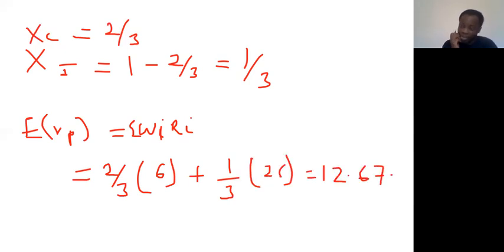That means you have an expected return of 12.67%. So when you invest 1/3 of your assets in Intel and 2/3 of your assets in Coke, that is going to give you an expected return of about 12.67%, at a risk of what? 0. Anytime you have risk equal to 0, it is the same as a risk-free asset. So the expected return of this portfolio is the same as the risk-free rate of interest. That means the risk-free rate equals